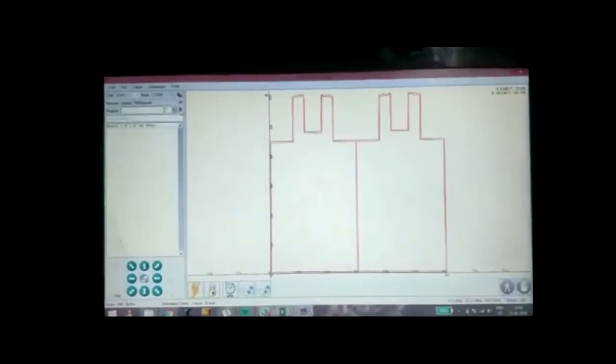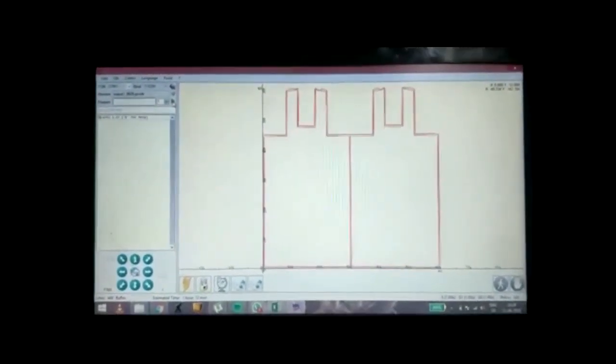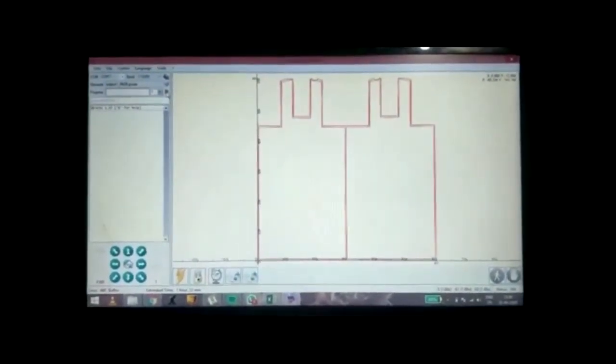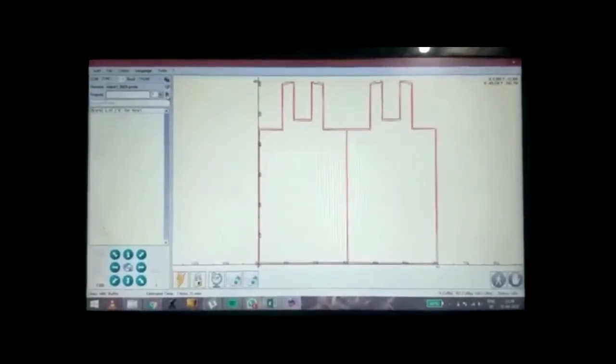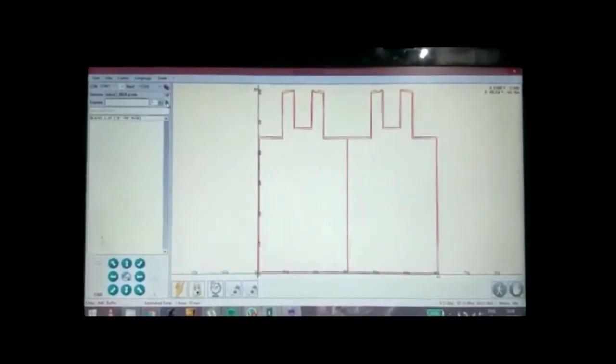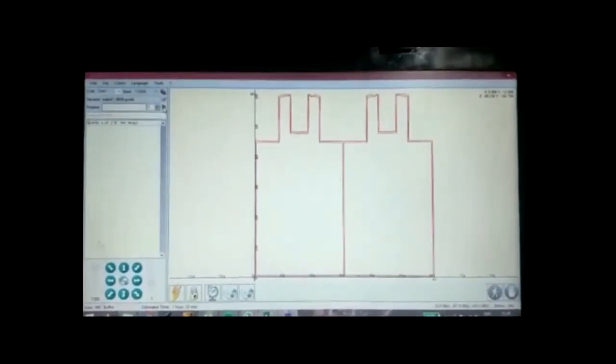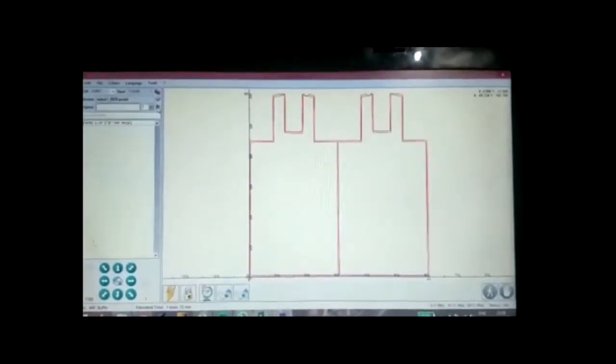Hello everyone, my name is Lino Diaz and I'll be showing you how the hardware of our automated fabric cutter works. Once the G-code is ready, it is uploaded onto a software. Currently, I am using a software called Laser Gerbil. Besides Laser Gerbil, we can also use Universal G-code Sender.